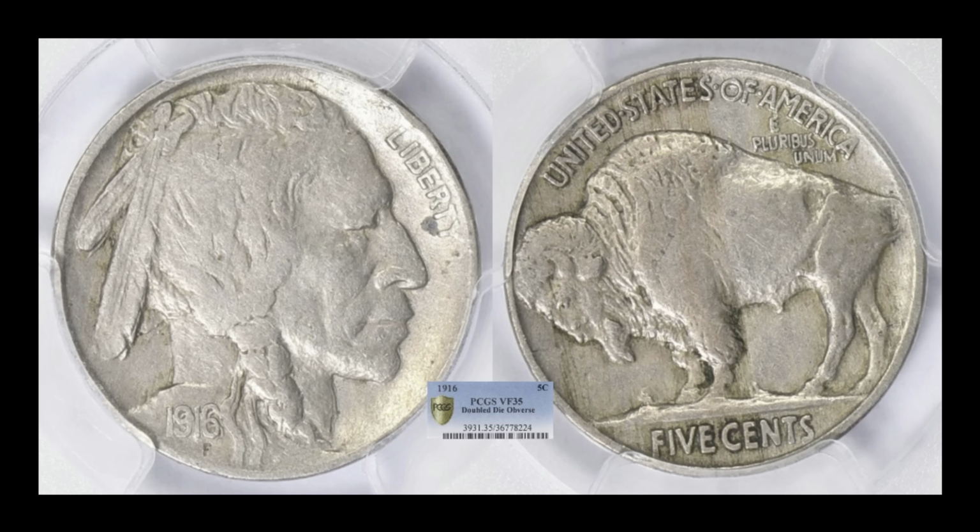I mean, this thing is still a magnanimous example. I like the fact that it's shown its circulation, but all the while really highlights that just amazing doubling. I mean, you look at the date, you look at the little ribbons coming off the braid, you look at the throat, you look at the feathers. This all kind of illustrates a story of how crazy this coin would have looked in a much higher grade. And the fact that this one had passed through many hundreds of hands over its lifetime is just mind-boggling, because in a 35 grade, it sold for